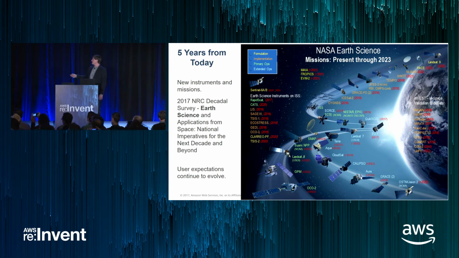ISAT-2 is going to launch next year. GRACE follow-on, which looks at gravity, looks at the reservoirs of water and aquifers, is launching. We have JPSS-2, Tempo, SWOT, NISAR, PACE, Landsat 9, a bunch of CubeSats, right? We have a bunch of things that are going on the International Space Station to take kind of unique measurements